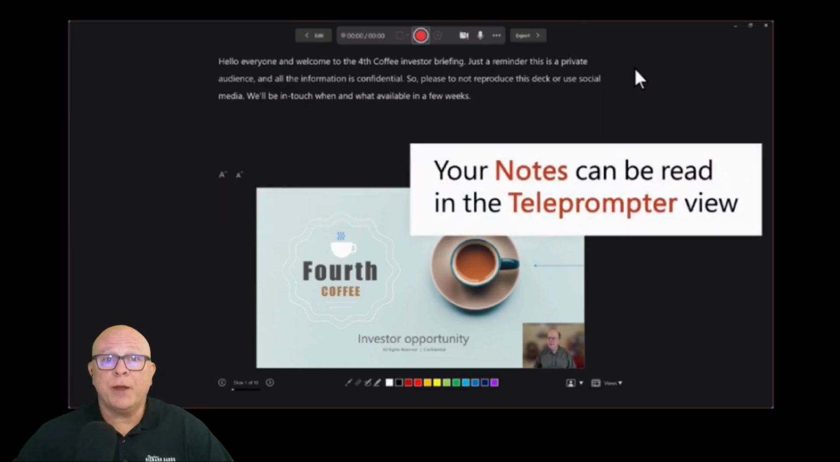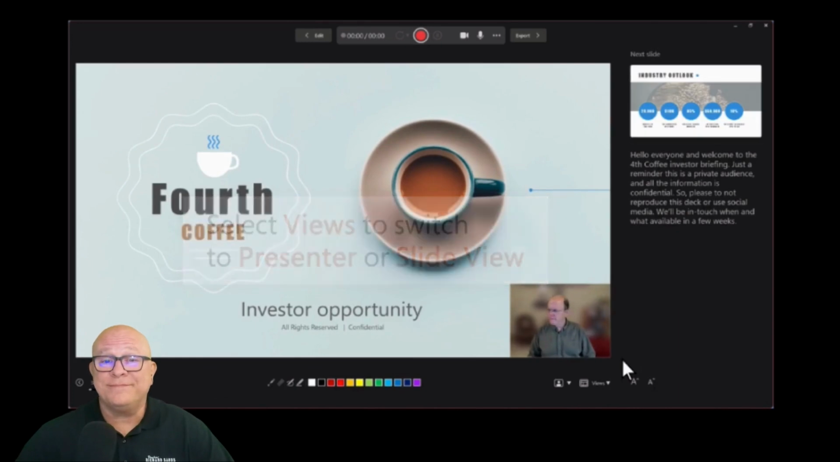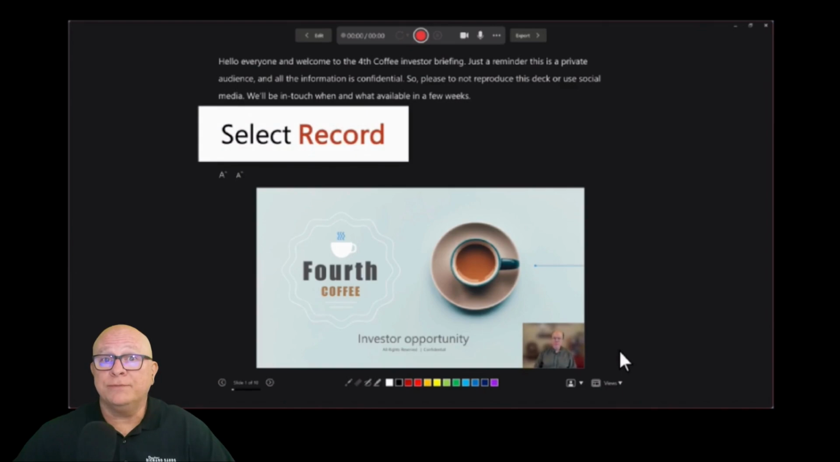You have notes in your PowerPoint. Use the default teleprompter view to read them. To change the layout, select Views to switch to Presenter or Slide View. When you're ready, select Record